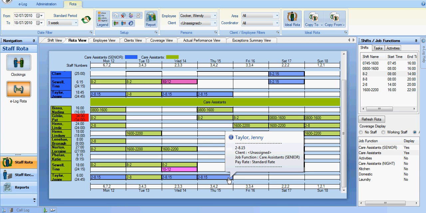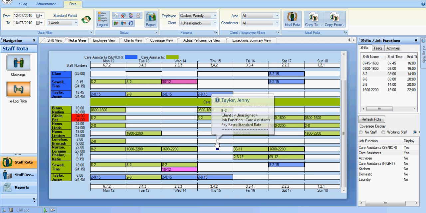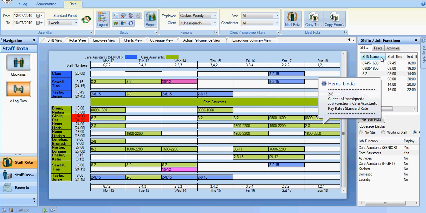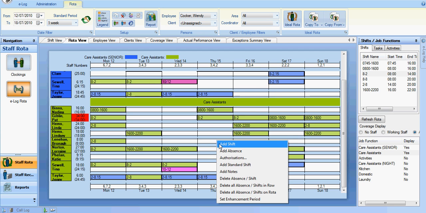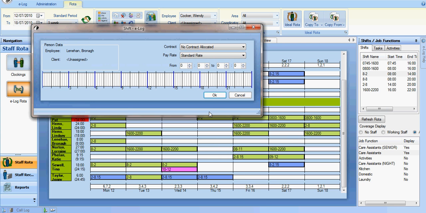Now if that's a mistake, all I then do is click on it again and ask for that shift to be deleted. Now if the shift I want to put on is a non-standard shift, i.e. one not appearing in this panel and not regularly worked, again all I do is simply click on that gap there, ask the system to add a shift, and literally this panel appears, and I can then add in a shift, let's say between 10 and 12, confirm that that's the correct pay rate for that particular shift,